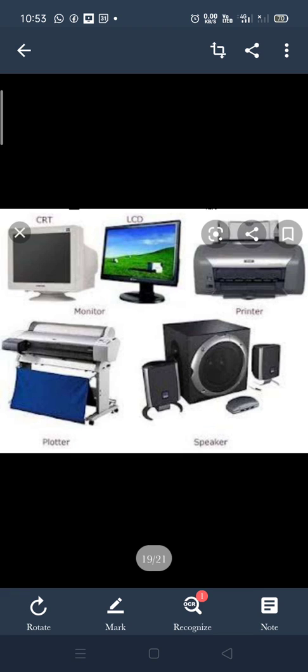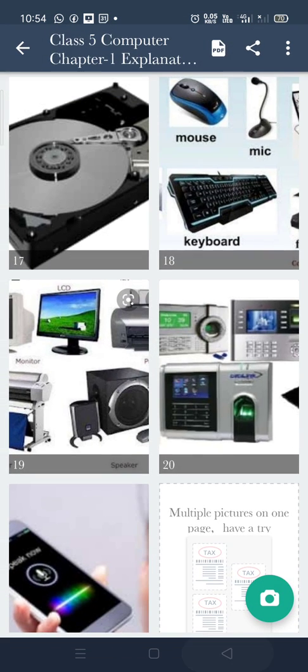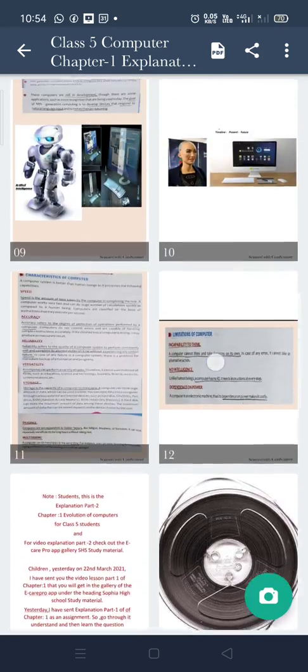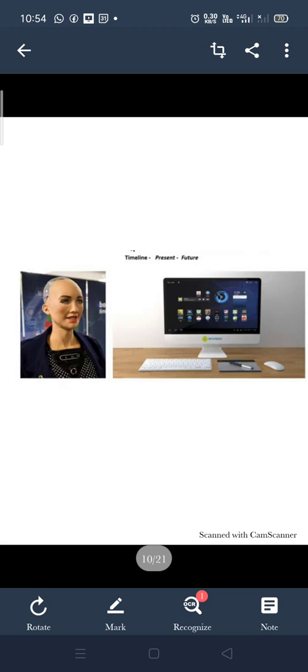These are the output devices which we are using. Okay, monitor, printer, plotter, and speaker. Okay, these are the biometric systems which recognize our face, our iris, our, you can say, hand touch. Okay, now here, these are the speakers. This is the technology of the fifth generation, recognizing our voice. Right, children? So these are the pictures I've collected to give you an overview of the fifth generation computers, and